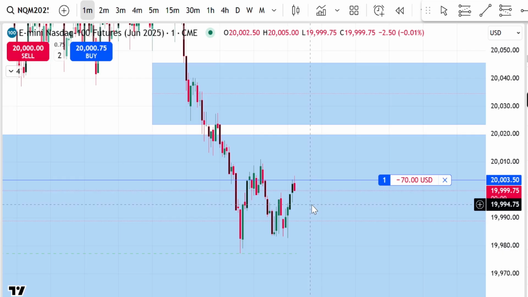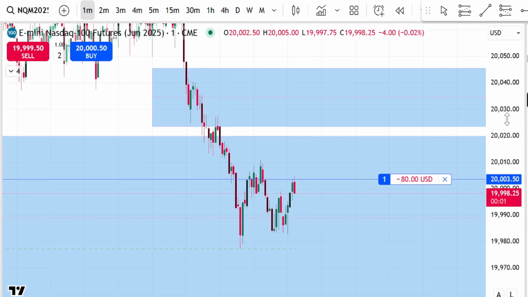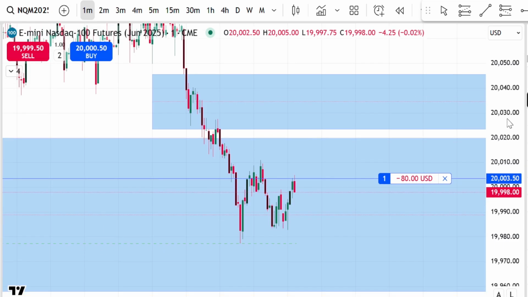I'm trying to show you the first position on my Monday. As you can see, this is the chart of E-mini Nasdaq. It's the first day of the new week, 5th of May. And so we hit the